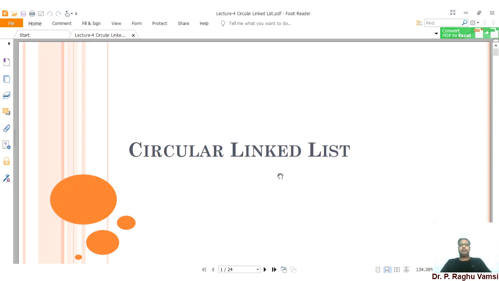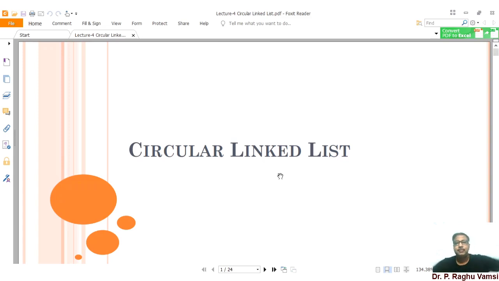Whenever you want to search an element in the single linked list, you can move in the forward direction, but however you cannot get into the reverse direction because only the forward link is available. That is the reason, to overcome this, we have taken the advantage of the double linked list. Anyhow, the double linked list will be discussed in the next lecture. In the double linked list, we will maintain two pointers. One is the forward pointer, another is for reverse traversing of the list.